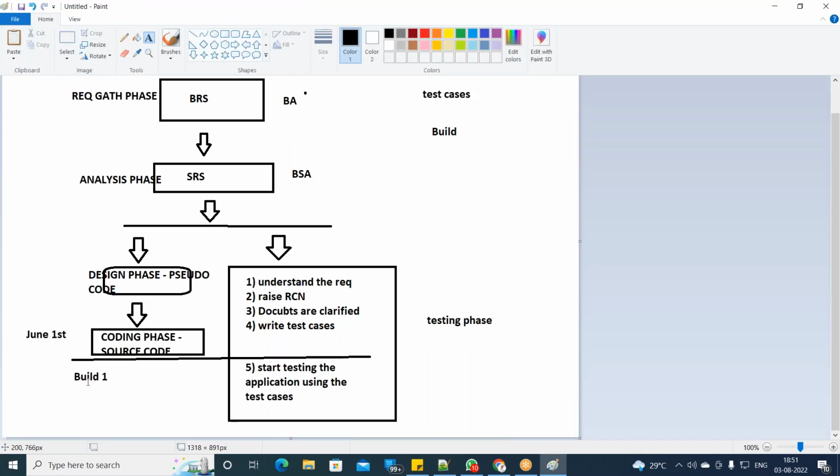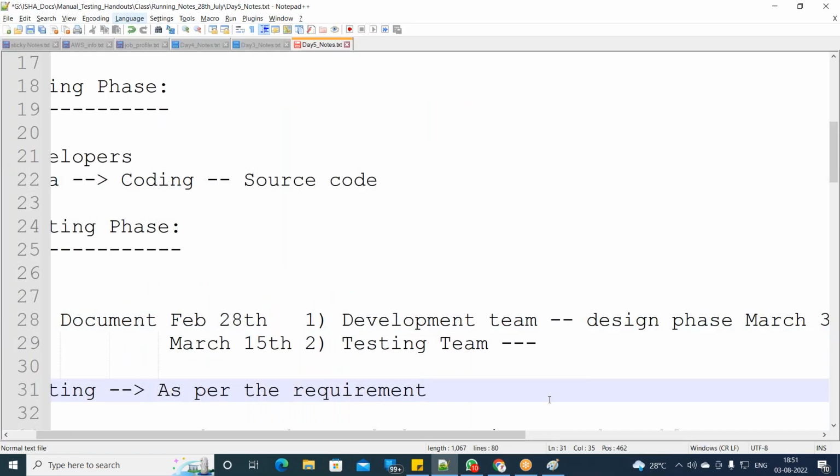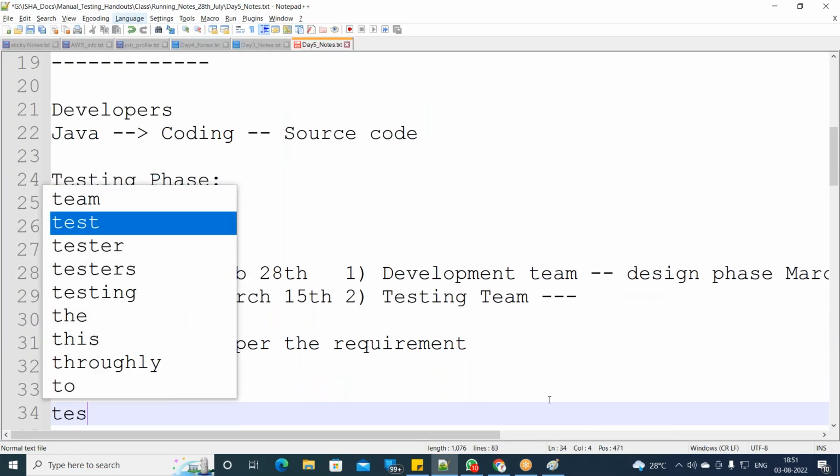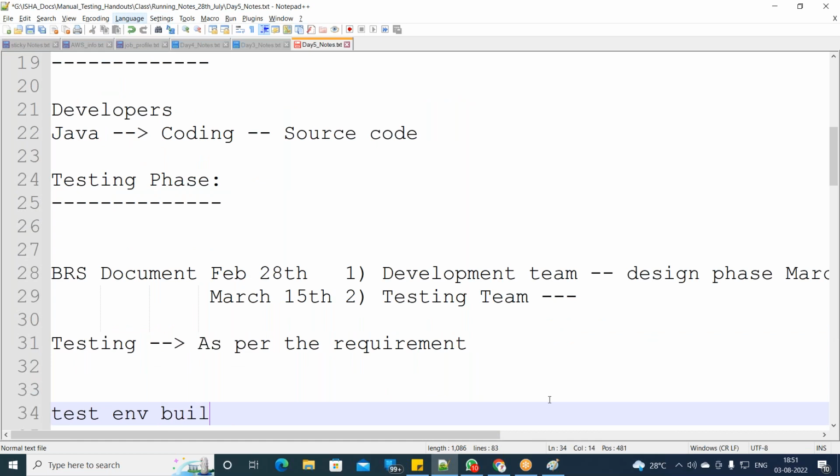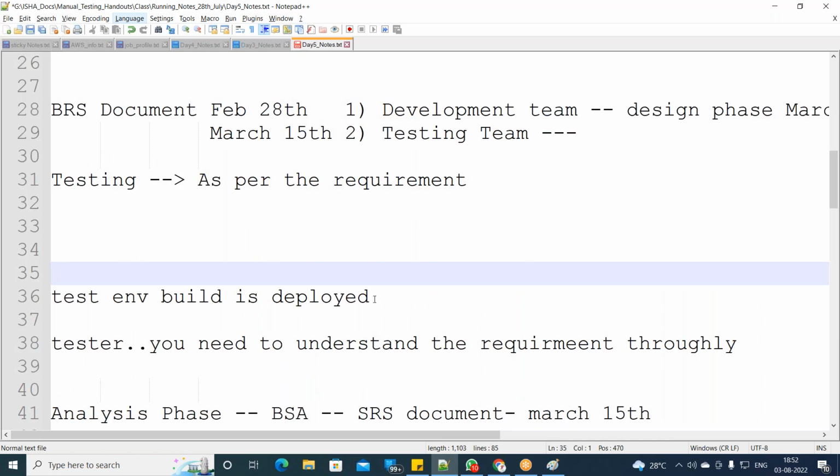Now the testing team will be given this build one, or in the testing environment the build will be deployed. I've used two words here. In the testing environment, this build is deployed. Don't worry about all this. As we proceed further, maybe in the 8th or 9th class, I'll tell you about the environments, what is a test environment, and deployment. Those are too techy right now, you need not understand. What I am trying to tell you right now is